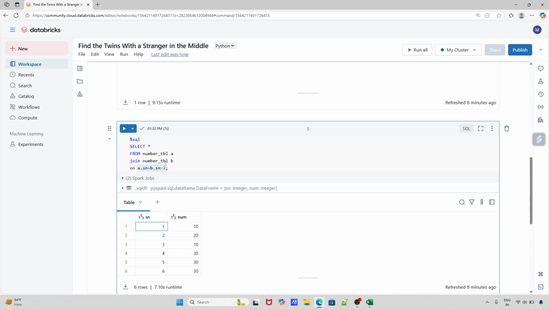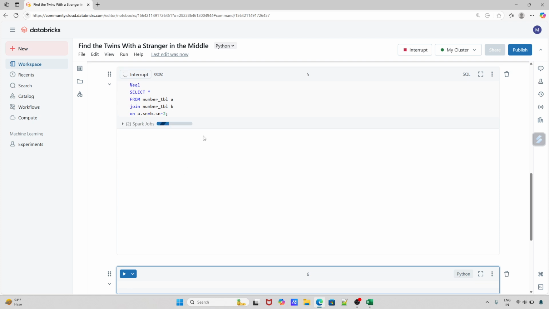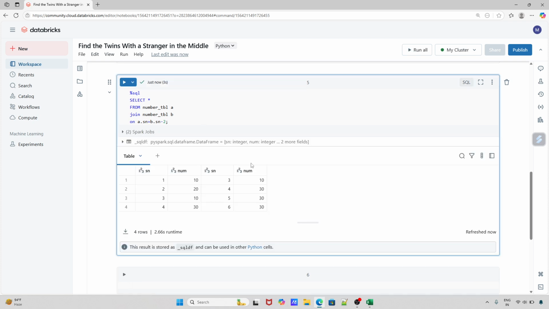So that's why I am using this condition. Serial number minus 2. Let me just execute this and see if we are getting what we are trying to get or not. So as you can clearly see, I'm able to fetch the current row from the first table and their respective